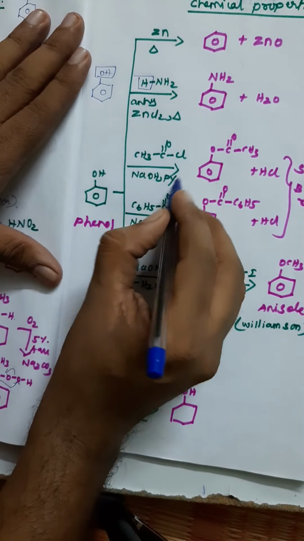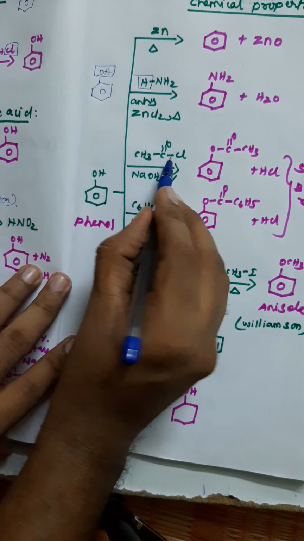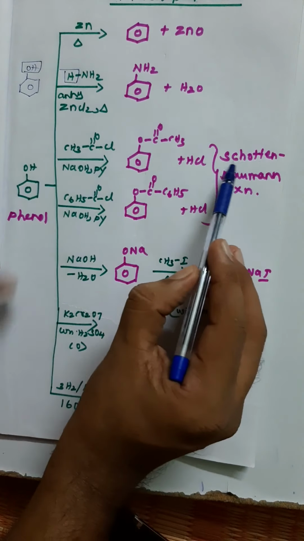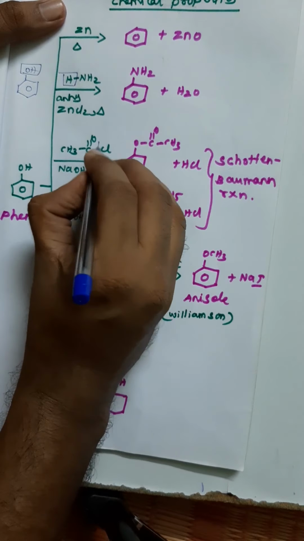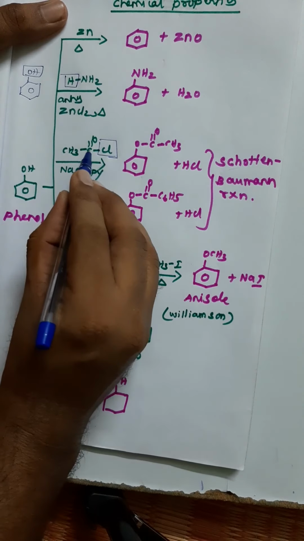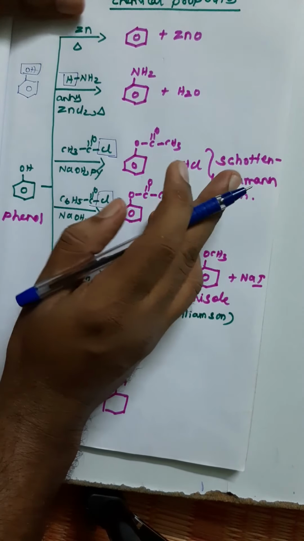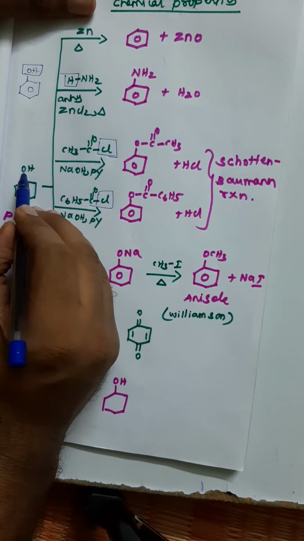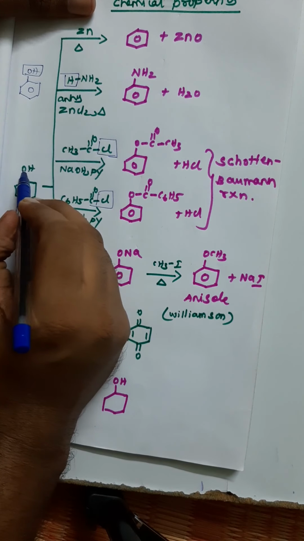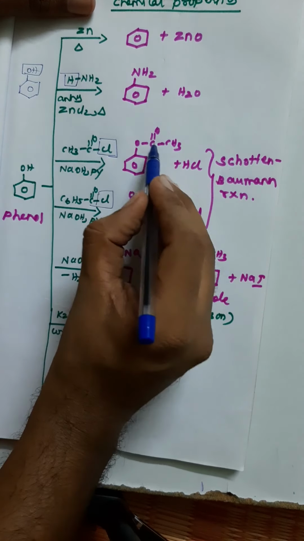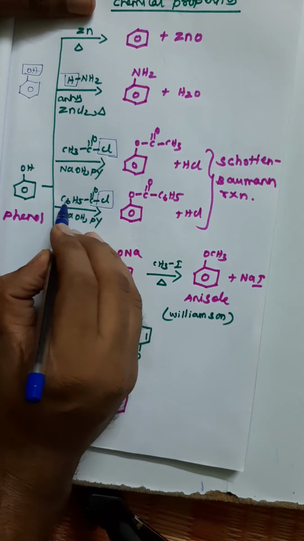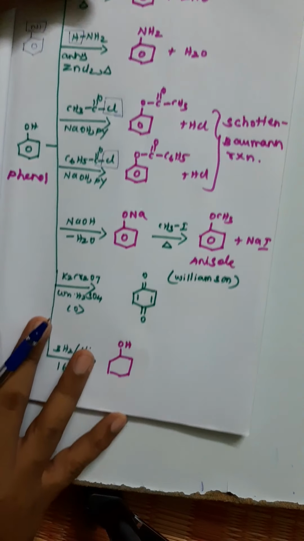The same phenol reacts with acetyl chloride and benzoyl chloride. This reaction is called the Schotten-Baumann reaction. Simply remove Cl with the H. So O is going to connect with C double bond O, CH3. Don't forget, this carbon does not attach with this oxygen. This carbon double bond O, other than the oxygen, would attach. So oxygen, carbon double bond O, CH3. In the same way here, carbon double bond O, C6H5. These two reactions are called the Schotten-Baumann reaction.